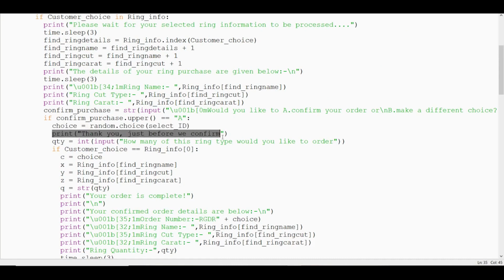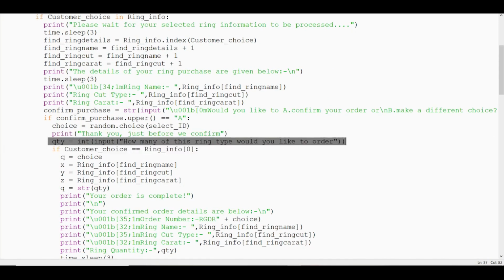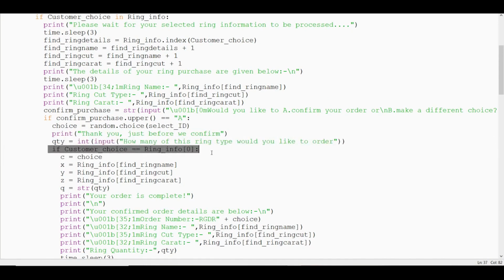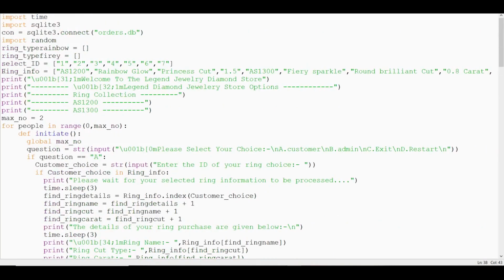And that will print telling them, thank you for your confirmation, and ask them how many of the ring they would like to buy. Now if the customer choice is equal to the first ring, remember that ring info is the list where I have stored the details of the rings, both rings for rainbow, glow, and fiery sparkle. So if it is equal to 0, we're talking about the first ring. And if it's equal to 4, we're talking about the second ring, because this starts at 0, then goes to 1, 2, 3, and the fourth one is the second